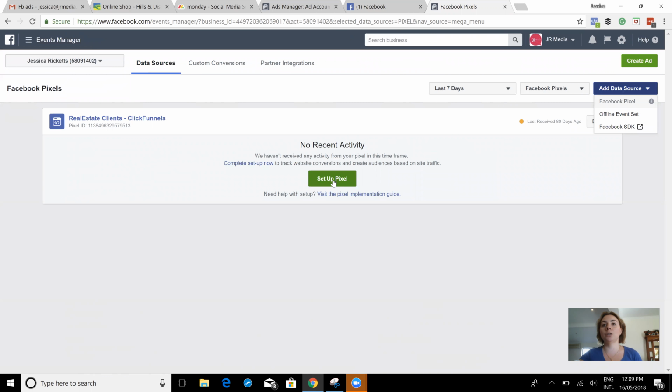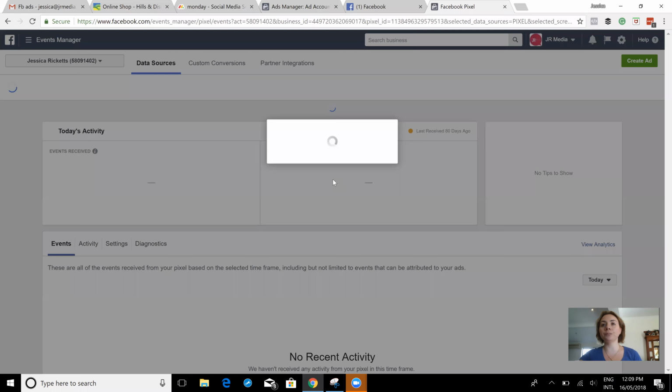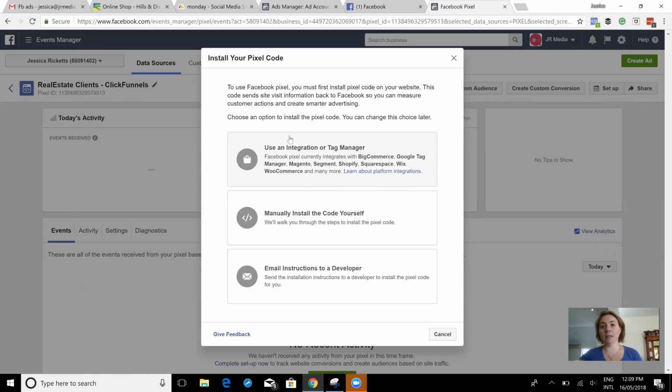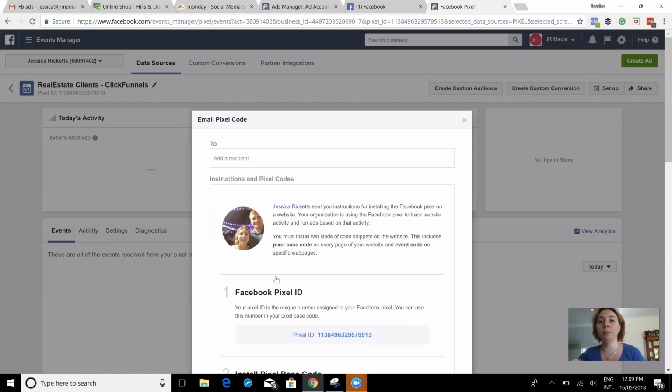So now I'm going to set up the pixel. And it's saying, are you going to manually install the code yourself? Are you going to integrate it with some of these programs? Or are you just going to email it to your developer? So we're just going to email it to our developer. So we click email instructions to developer. We add their email,